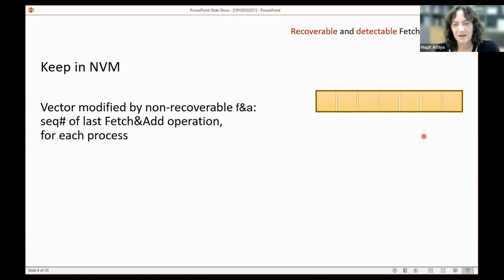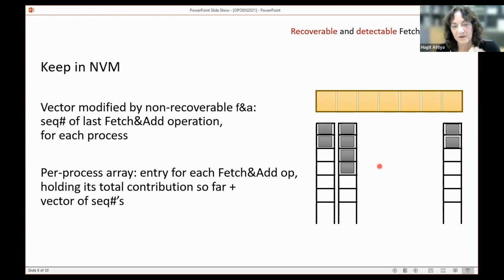Manipulating this vector is not easy. With the basic fetch and add, it is not easy, and I encourage you to go to the paper and see how exactly we do it. But in addition, we keep for each process an array, a possibly infinite array, which has an entry for each of its operations. And in this entry,